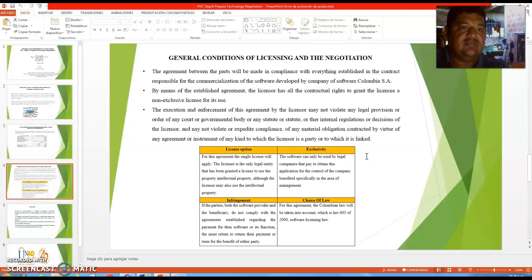General conditions of the license and the negotiation. The agreement of the parties must be made in compliance with everything established in the contract responsible for the commercialization of the software developed by Company of Software Colombia S.A. by means of the established agreement. The licensor has the contractual right to grant the license, a non-exclusive license for its use. The